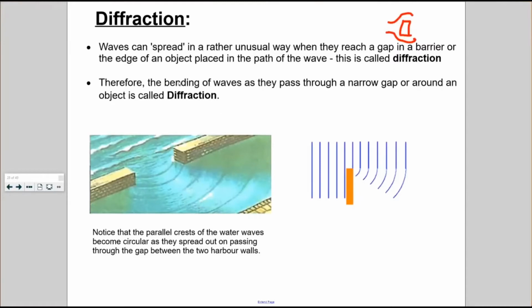So the bending of waves as they pass through a narrow gap or around an object is called diffraction, right? So this bending of waves as it passes through a narrow gap or around an object, that's called diffraction. One very common example, I can't recall the name of any place, but